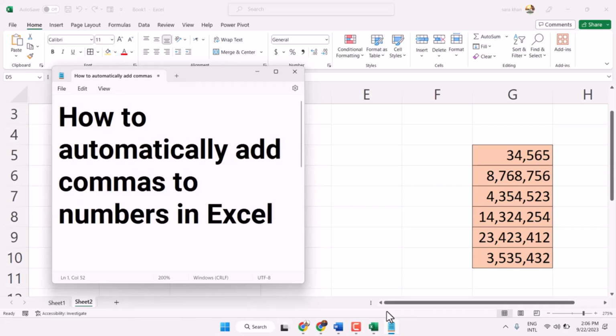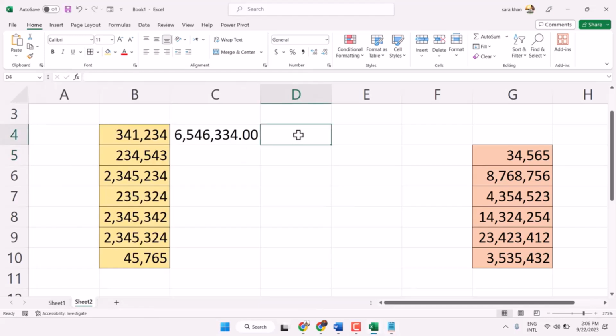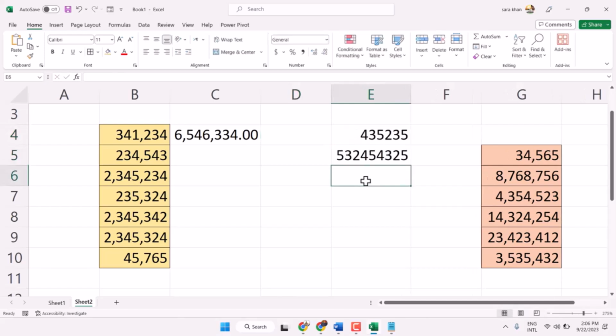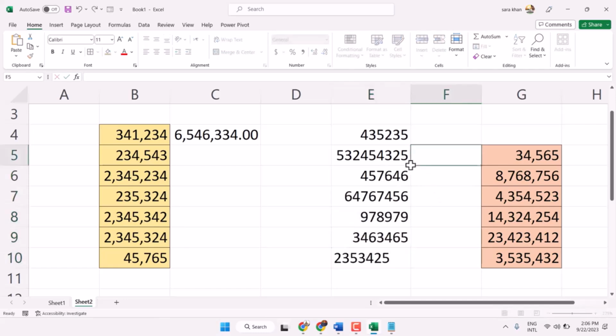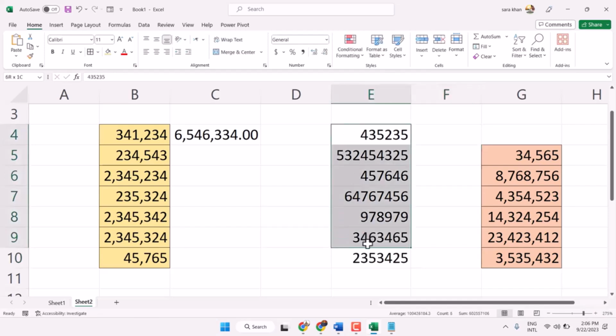In this video, I will show you how to automatically add commas to numbers in Microsoft Excel. So there is a very simple and quick way. Like you have some numbers like this, and you will not see the comma in numbers. So to add commas, select it, right click